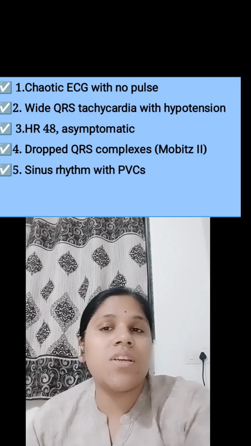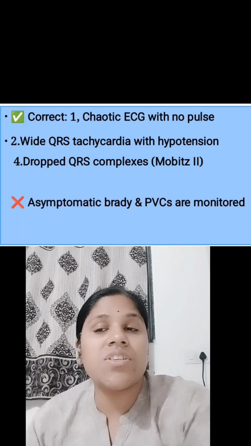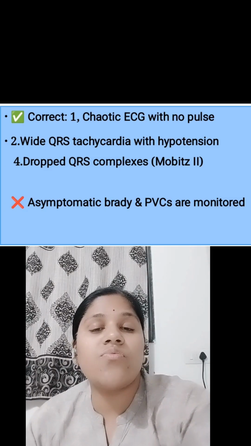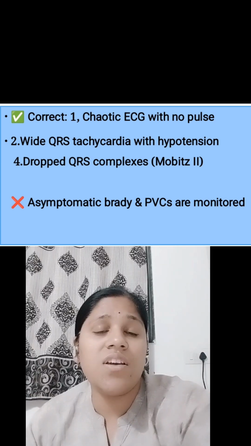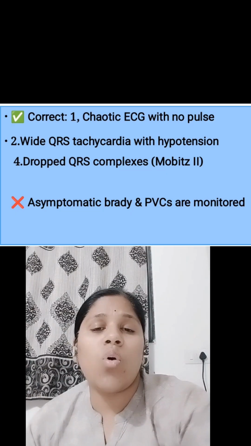So the correct options here are chaotic ECG, that is ventricular fibrillation with no pulse, and the wide QRS tachycardia, that is pulseful VT with hypotension, and dropped QRS, Mobitz type 2 heart block. These all require immediate management. The rest of the two options, asymptomatic bradycardia, is not an emergency, and premature ventricular contractions are monitored, but